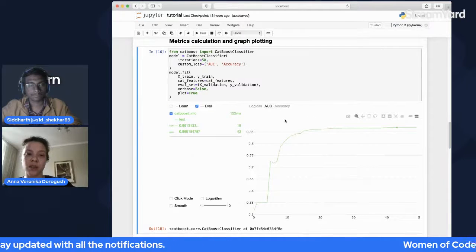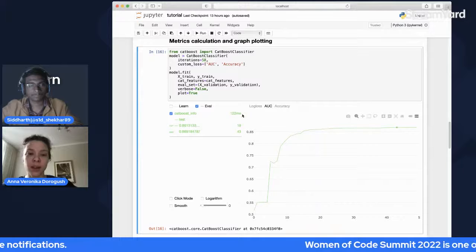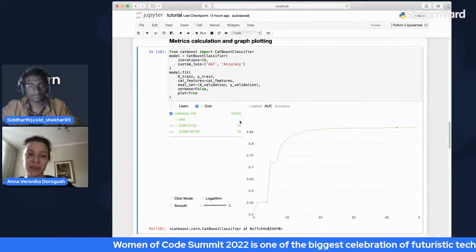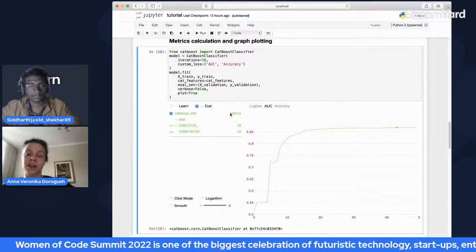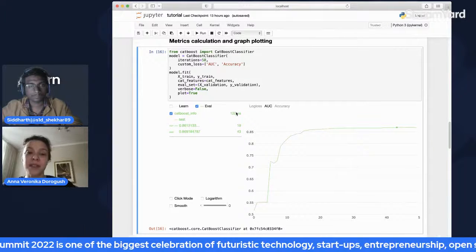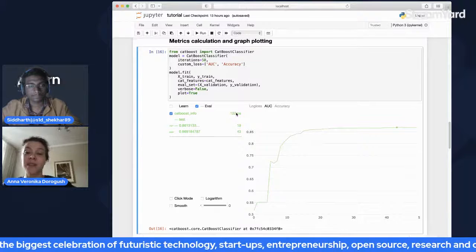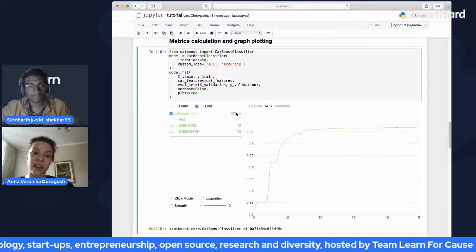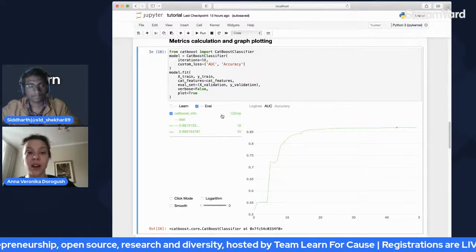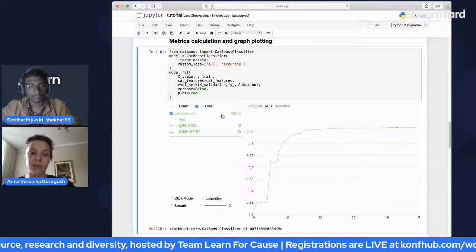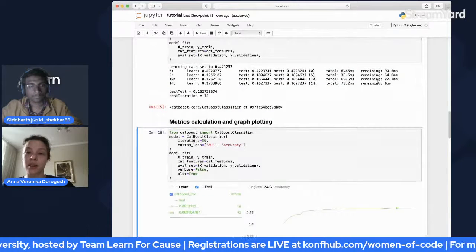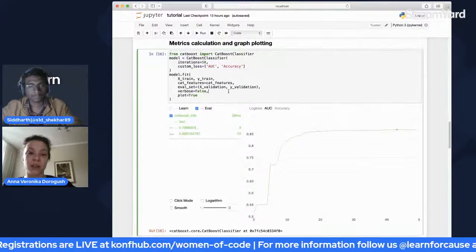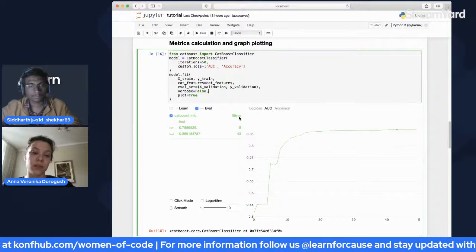What else can you see on this graph? Here you can see how much time has left and how much time has passed. After the training is finished, you only see how much time has passed, so it's time spent. But during the training, you can also see here how much time you need to wait. So you do not have to look on the standard output to see this remaining time. You are also able to see this here in the visualization.